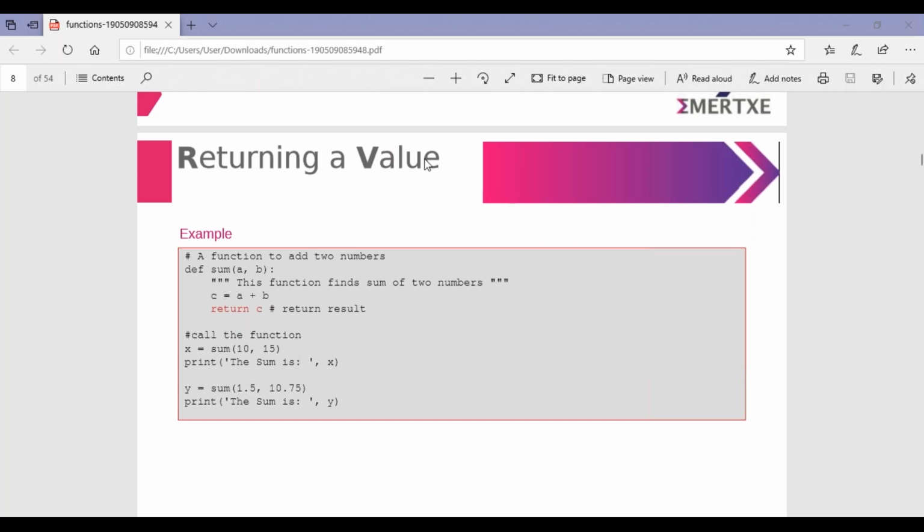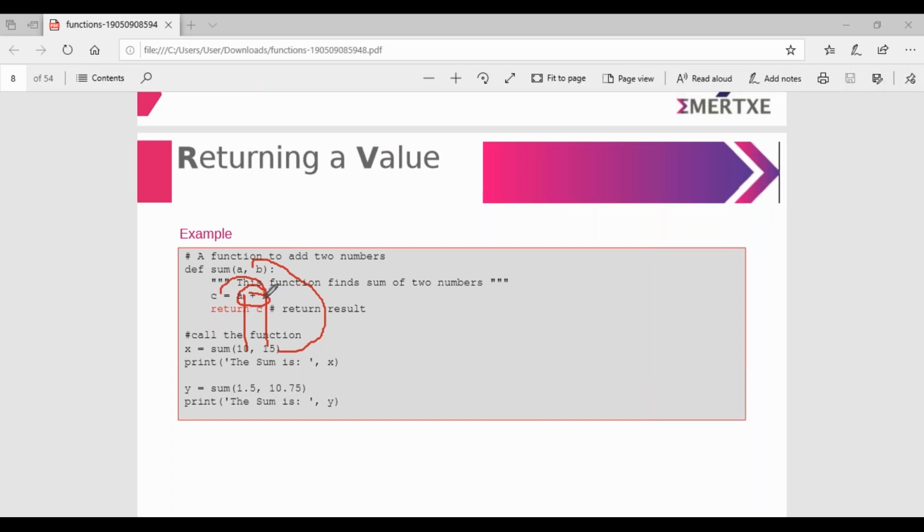Once you call the function, these two parameters you are passing to here. This is 10, this is 15. Both combined, addition, then you store into c.